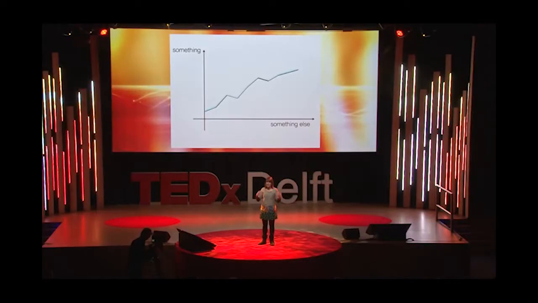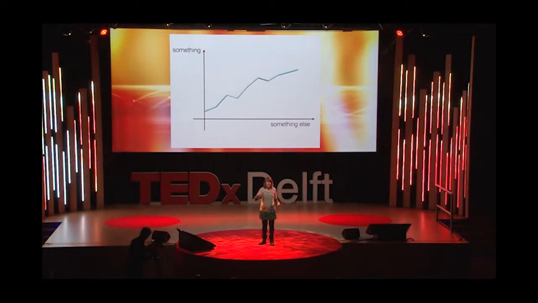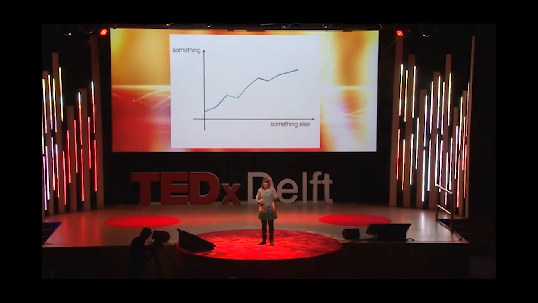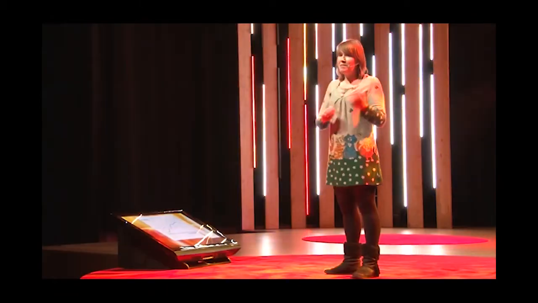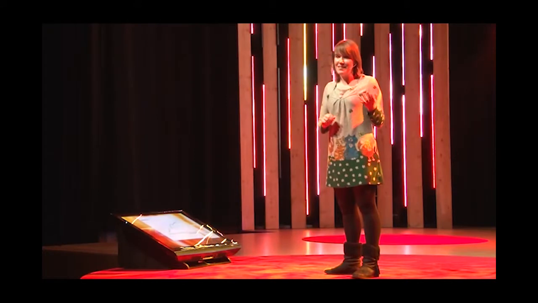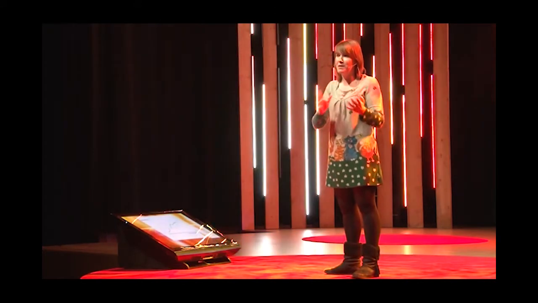And what I want for today is for you to remember that the next time someone wants to prove that there is a causal relation between something and something else, it can be anything. It can be vaccines and autism. It can be female bankers and the financial crisis. And if they point out to you that there is a very strong relation, remember that it's not enough to have a correlation. It gives a very good hint of what might be happening, but before you can conclude that one thing causes something else, you need to know why it does and how it does.